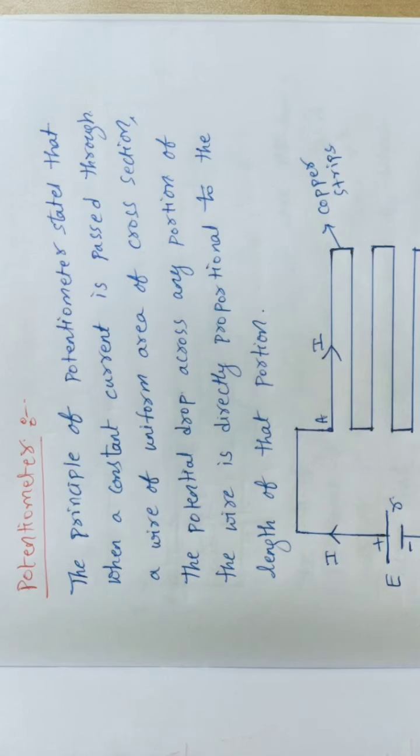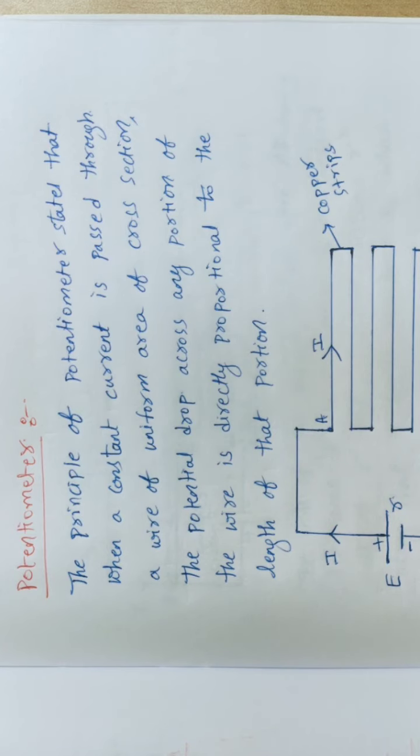On what principle does the potentiometer work? In a potentiometer we compulsorily send a constant current through a uniform cross sectional wire. Which type of wire do we choose? In a potentiometer, manganese wire or nichrome wire can be used. Nearly that wire length we take is 10 meters. That wire has resistance capital R.